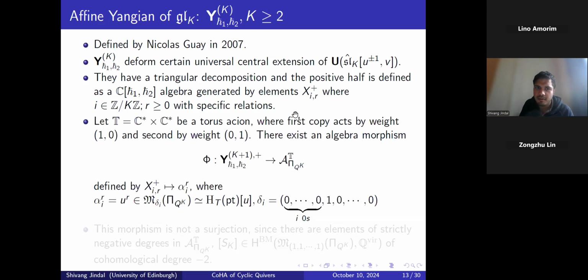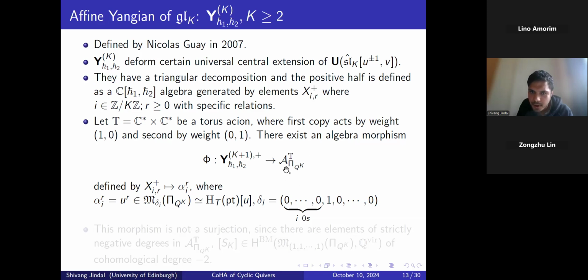Now, on the other hand, we take the two-torus as we just discussed. Here the first torus acts, so you have the arrows in the opposite direction, right? On the original arrow you act by weight (1,0), and on the other you act by (0,1). In particular, you can think that you are scaling one arrow with weight h_1 and the opposite arrow with weight h_2. Then one can check that there is an algebra morphism from this positive half of the Yangian